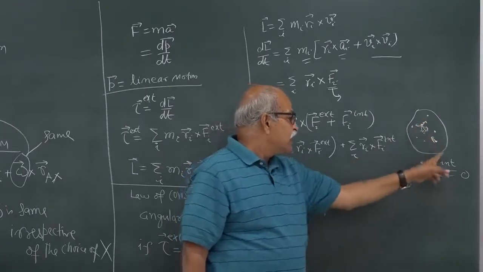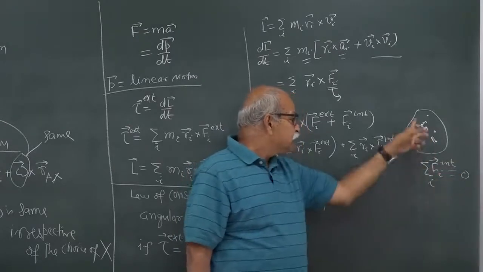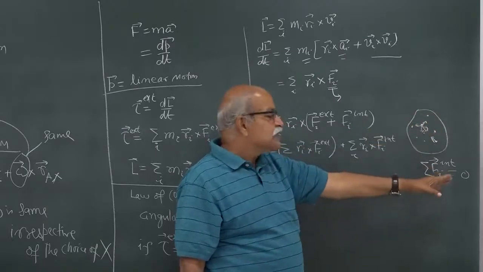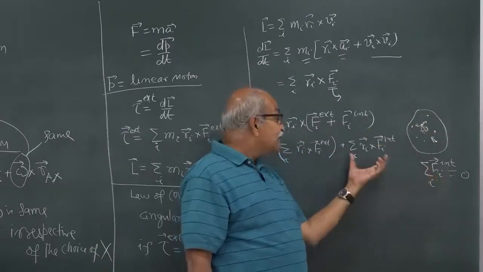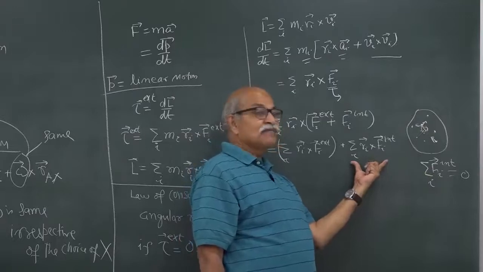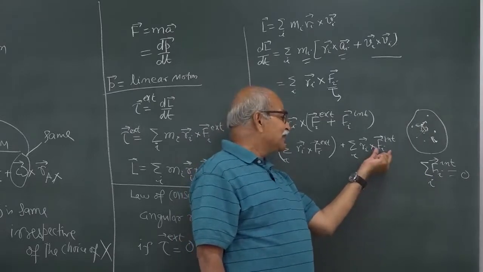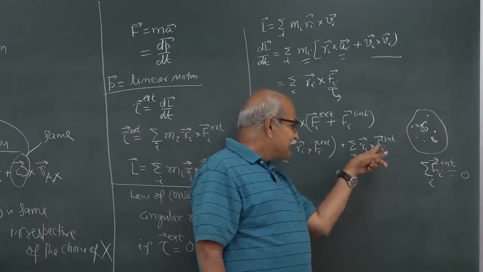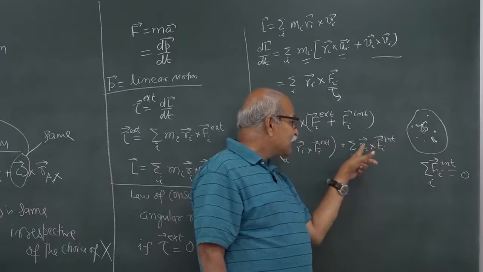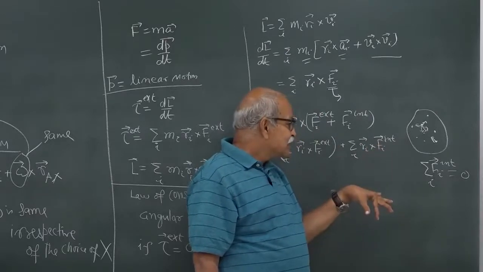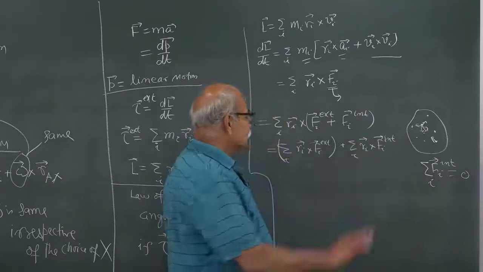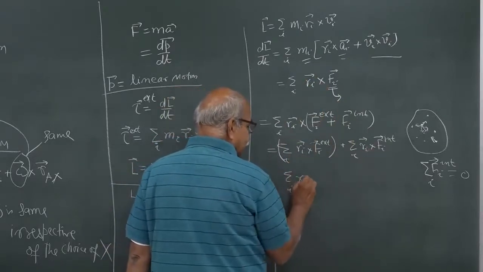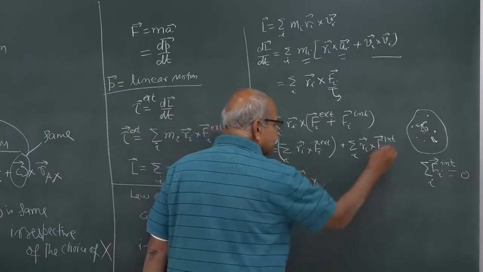So, if you divide this whole sum pairwise, this pair, that pair, that pair, then the total will be 0. But that does not tell me that this is 0. If this sum is 0, that does not necessarily mean that this sum is 0, because every time you are making a cross product and then adding, right. But this happens to be 0 because if I look at this term, summation over i of Ri cross Fi internal,